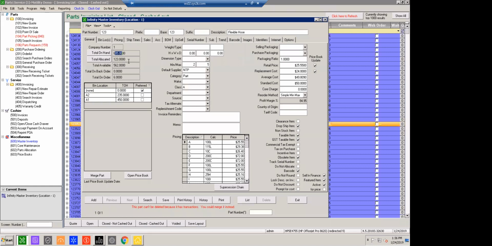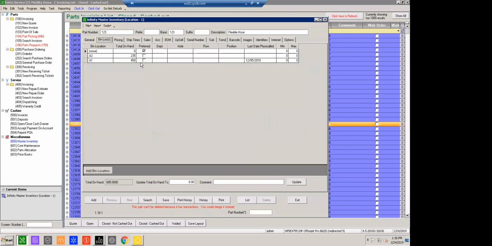Well, if my total quantity is changing, like you're actually damaging items out of inventory, as mentioned, you are going to have to change these numbers here. So now I'm going to reduce this to 20. So I'm actually telling the system that we're losing 35 flexible hoses. So what's going to happen is this. If I tell the system, okay, we actually have 650,